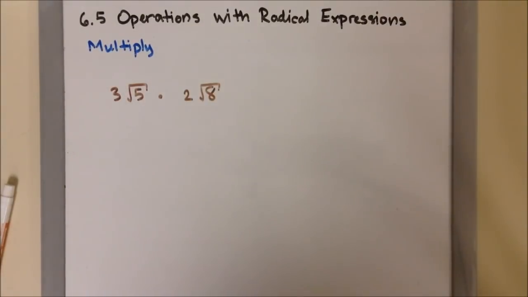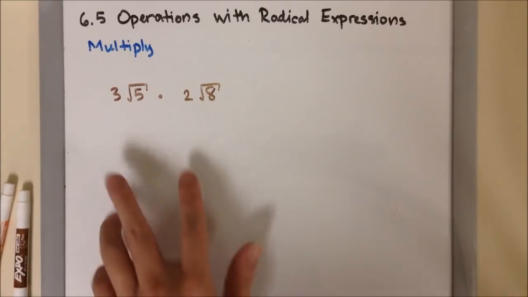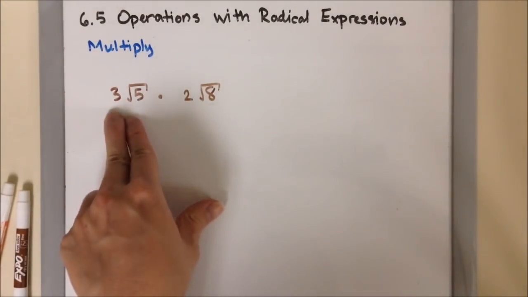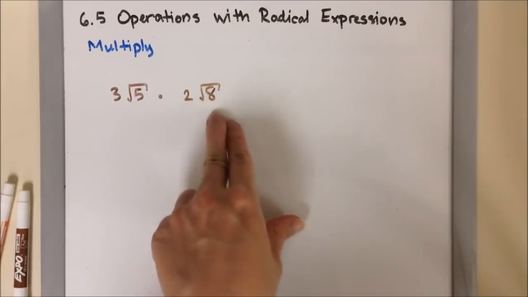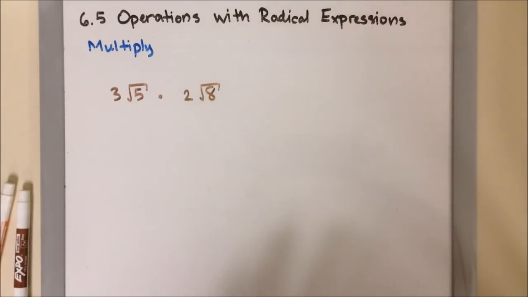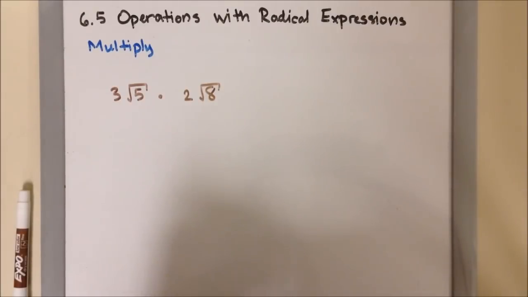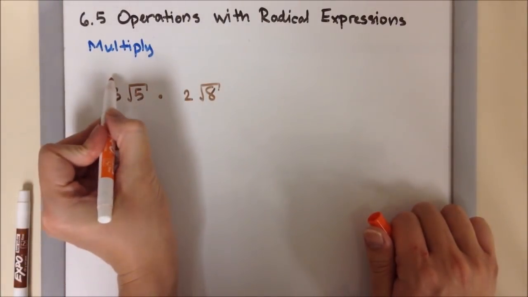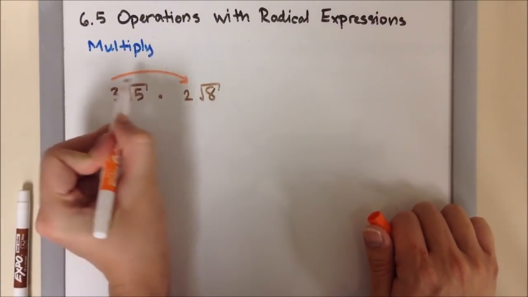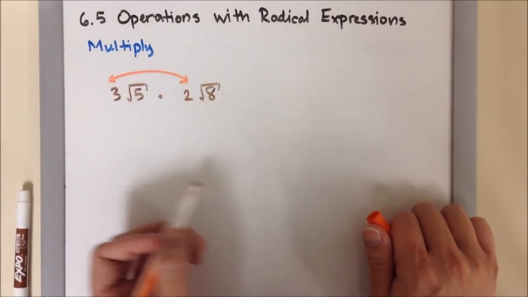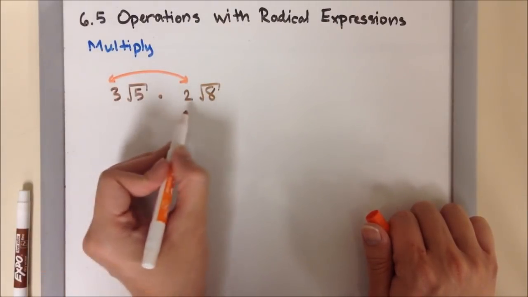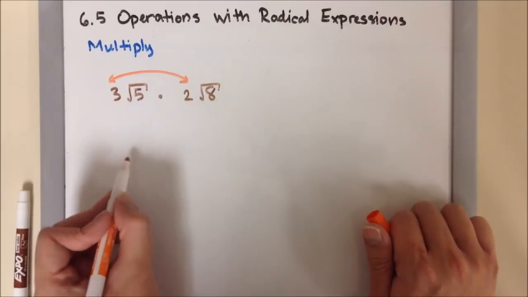So in this next part, we're going to talk about multiplying with radical expressions. So let's take a look at this first example. 3 square root of 5 times 2 square root of 8. When you're multiplying radical expressions, you multiply the outside numbers first, and they stay on the outside. So 3 times 2 will be 6,